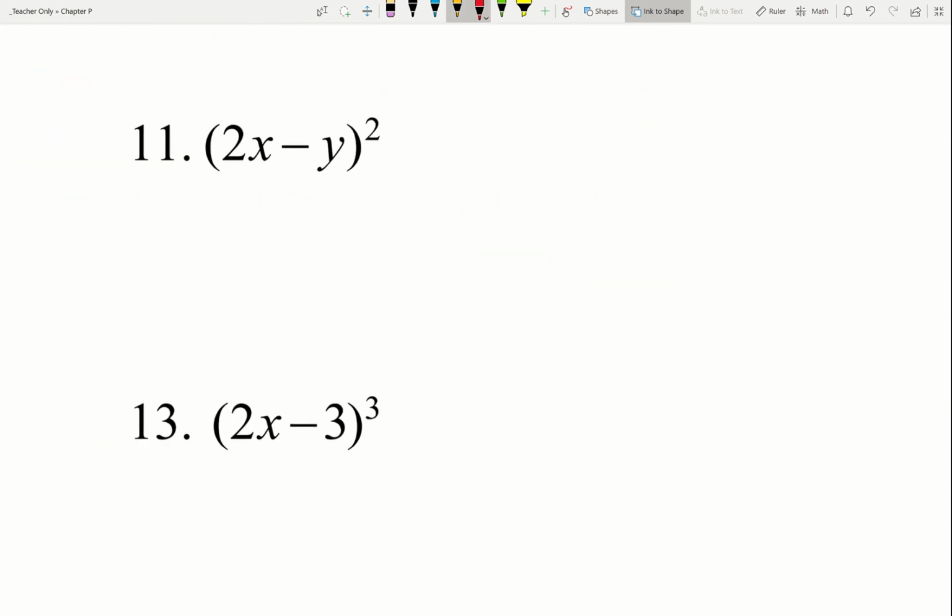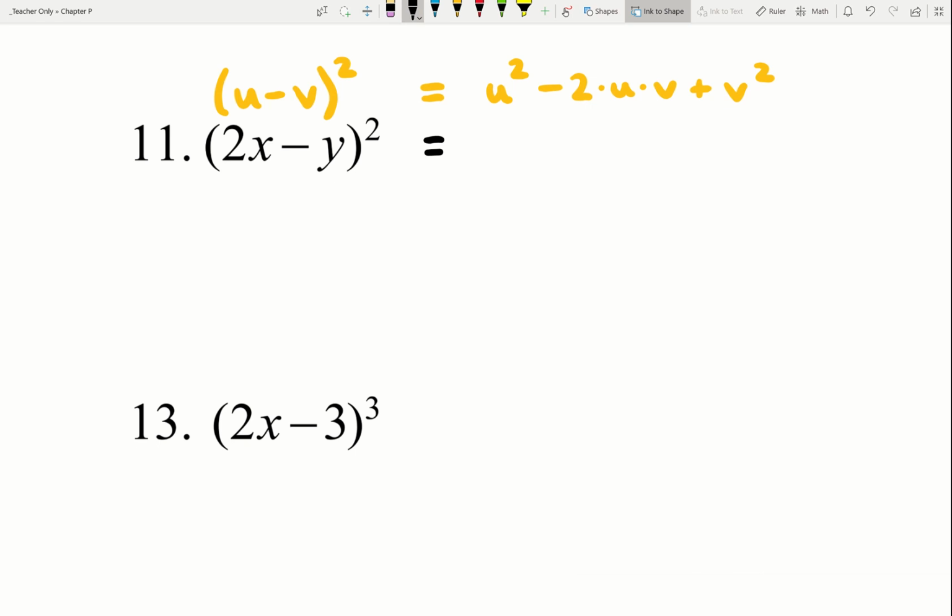In the next example here, we have something that looks an awful lot like u minus v all squared from your list of special shortcuts up at the top. And if you notice that you've got that, then what you can go ahead and apply here is simply saying that this is equal to u squared minus 2 times u times v plus v squared at the very end. Okay? The only trouble here is you need to be able to notice that you've got this form when you see it,